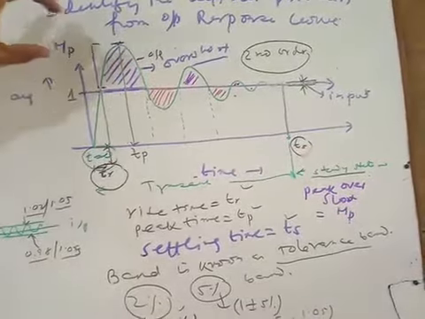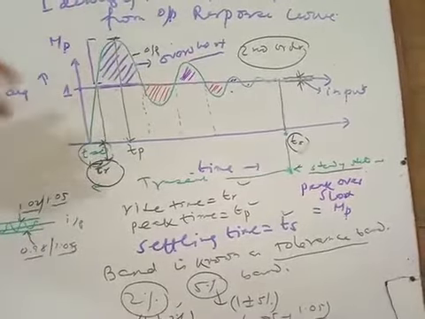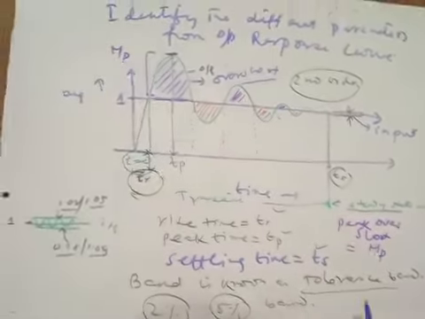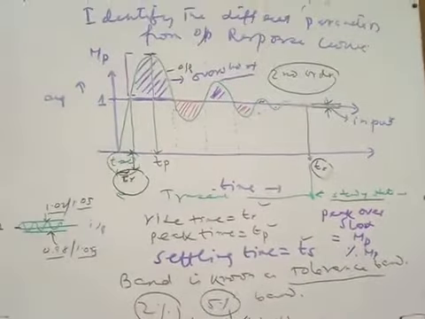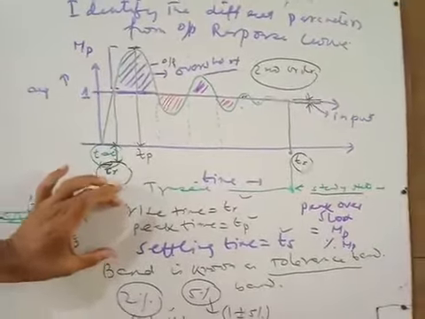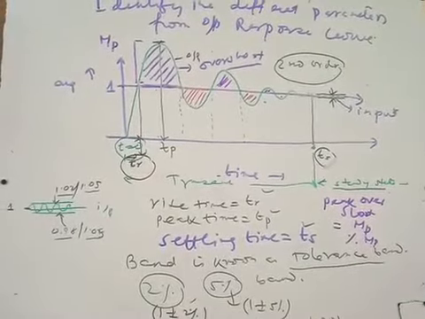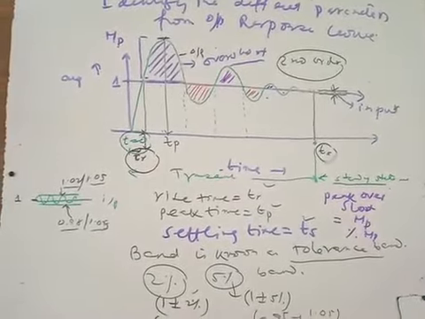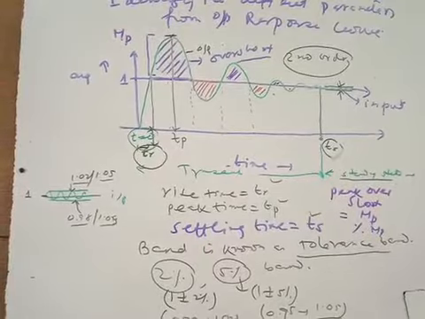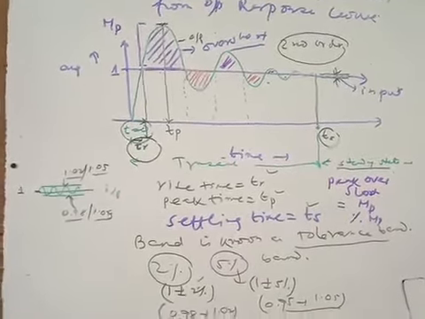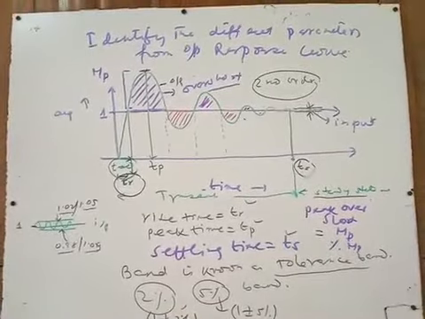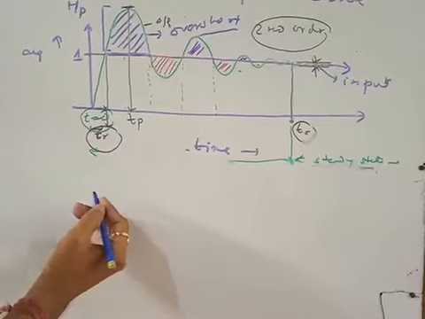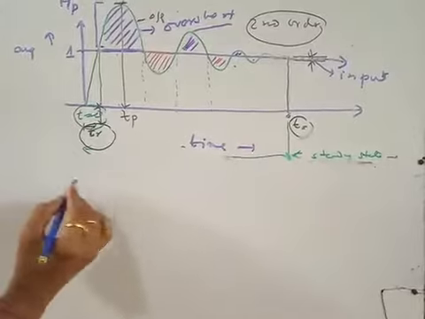This is normally denoted as percentage peak overshoot. That means normally this is denoted by percentage MP, right? So these are the four transient response parameters, and once you reach the steady state value, there is a chance of getting error, that is known as the steady state error, right? Now I am just discussing the steady state error. In order to get the steady state error, we have to get the error first.